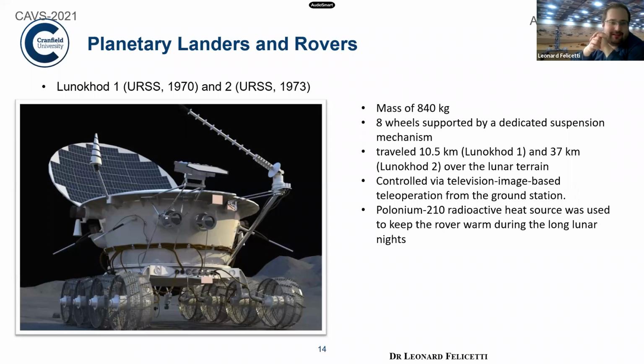Let's talk about a little bit of history. I just want to give you some key missions that have been developed over the years, just to understand how the technology developed during this period. The first rover was a lunar rover developed by Russia, in 1970,